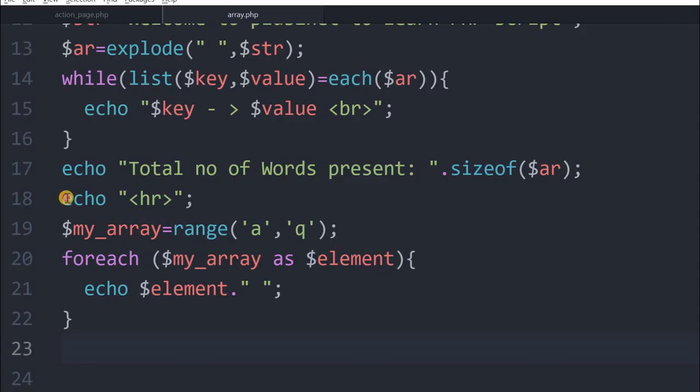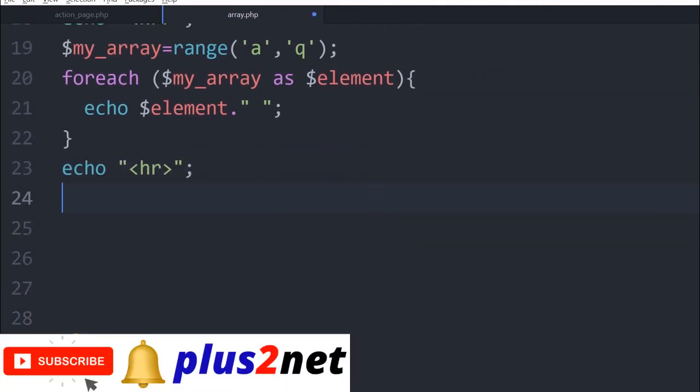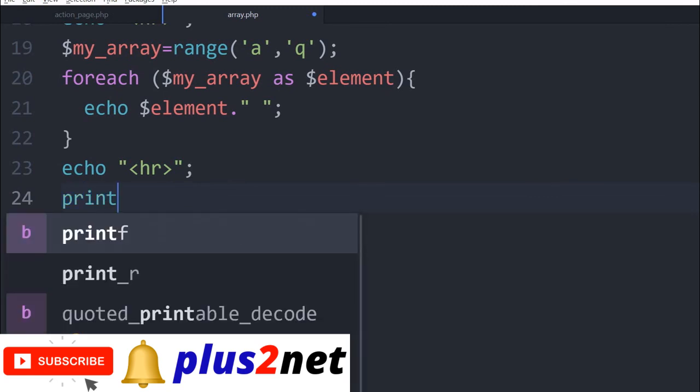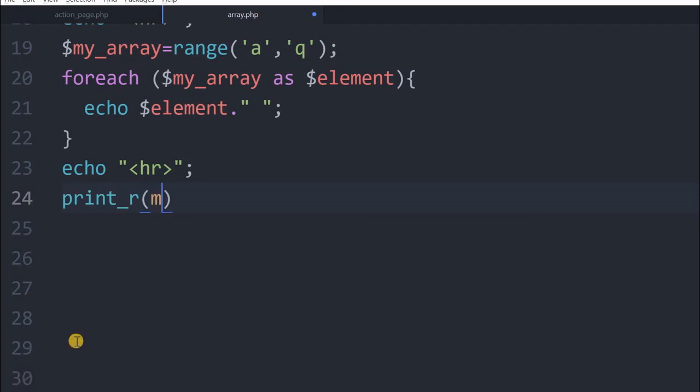So we'll understand print_r now. We'll copy this, paste it here. We'll scroll up. Okay, now we'll say print_r, and directly we'll say my array. Now this will give us a human readable string.